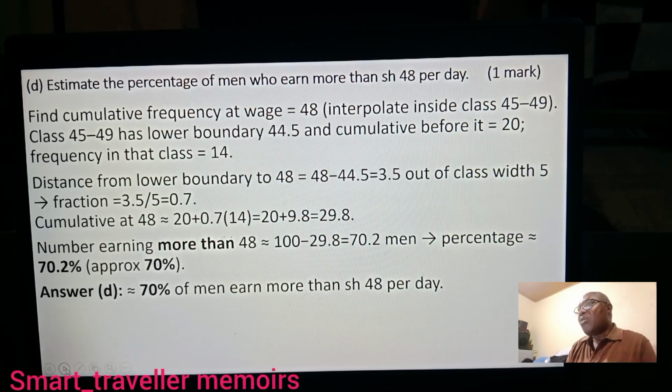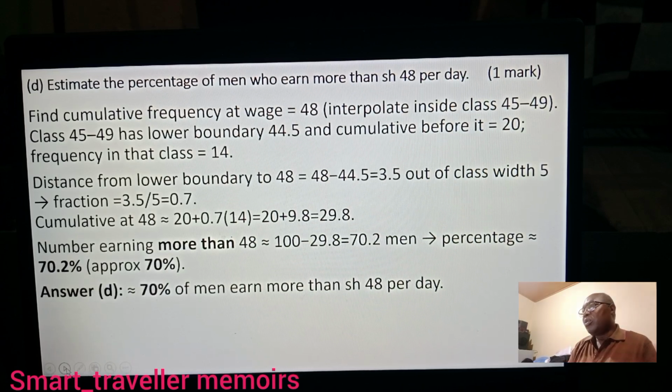Distance from the lower boundary to 48 is equal to 48 minus 44.5, which is equal to 3.5, out of class width 5. That means the fraction is 3.5 over 5, which is 0.7. So cumulative at 48 is approximately 20 plus 0.7